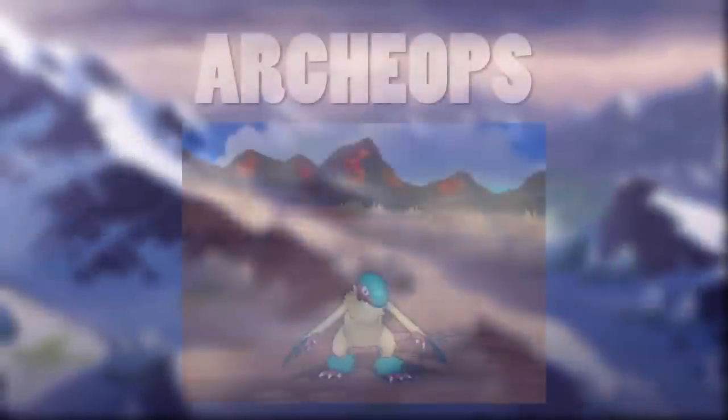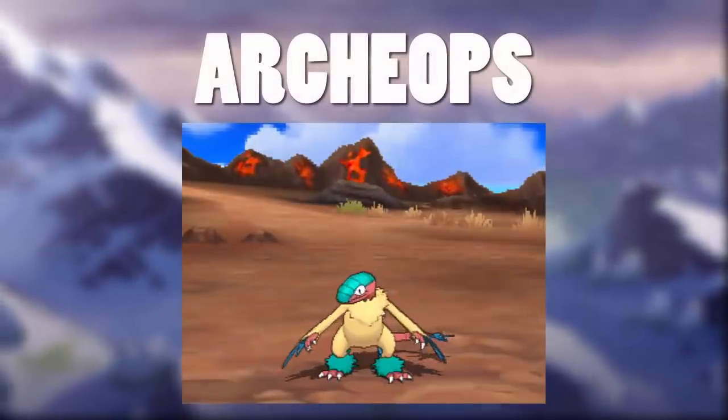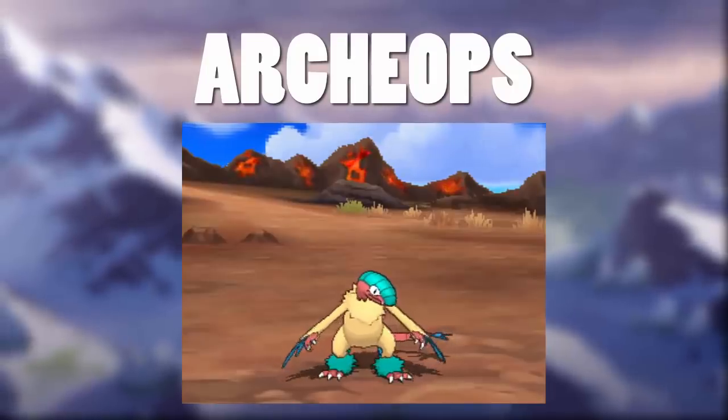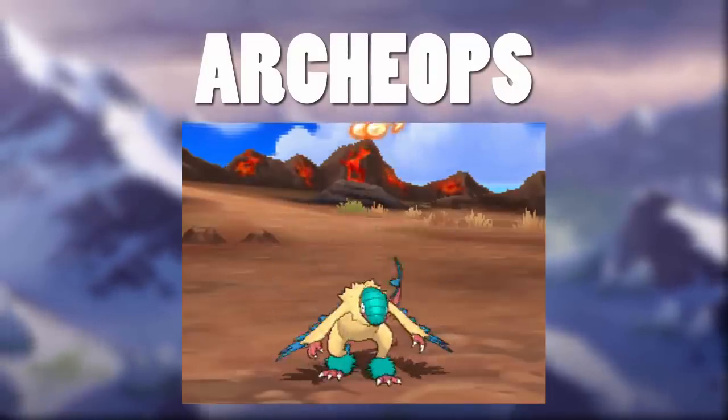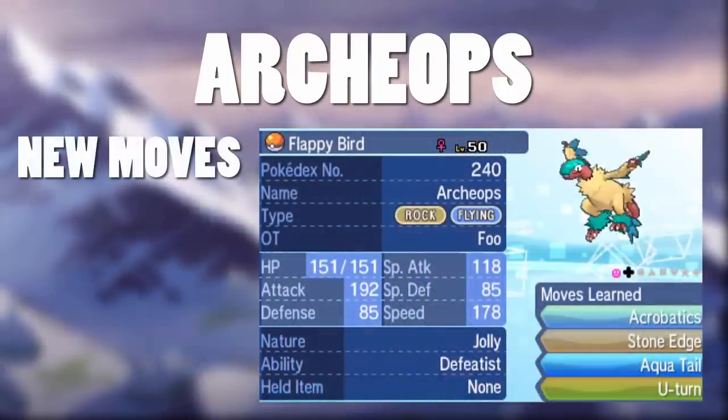I've already talked about one fossil Pokemon on this list with Cradily. I now want to move on to the bird type that's just trying so hard to stay in the air, and that is going to be Archeops. Archeops is a very cool Pokemon, and it now gets access to Dual Wingbeat, which is a really big